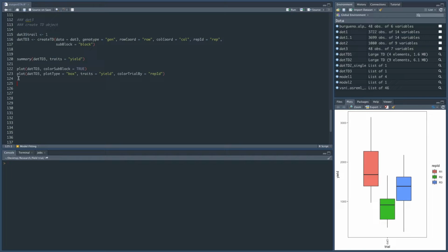And then we can fit the model. So since this dataset is from an experiment with alpha lattice design, we'll use incomplete block design by specifying the design as IBD. Because remember, the code for incomplete block design is IBD. Okay? So model 3 is equal to TD,